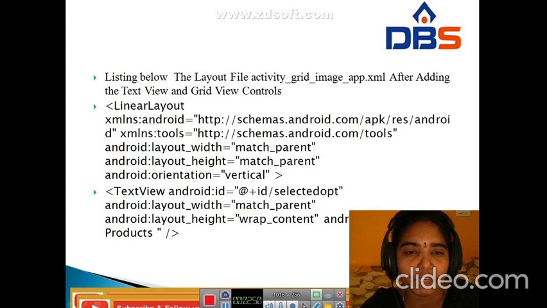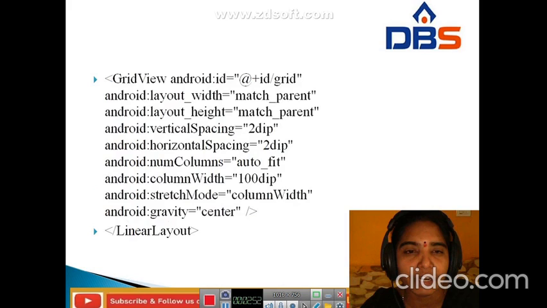In this text view, we set the layout width and layout height. Next, the list of products is displayed in the grid view. Next, width, height, vertical spacing, horizontal spacing. You have to set the number of columns, stretch mode, column width, and gravity equal to center. The linear layout tag is closed here.